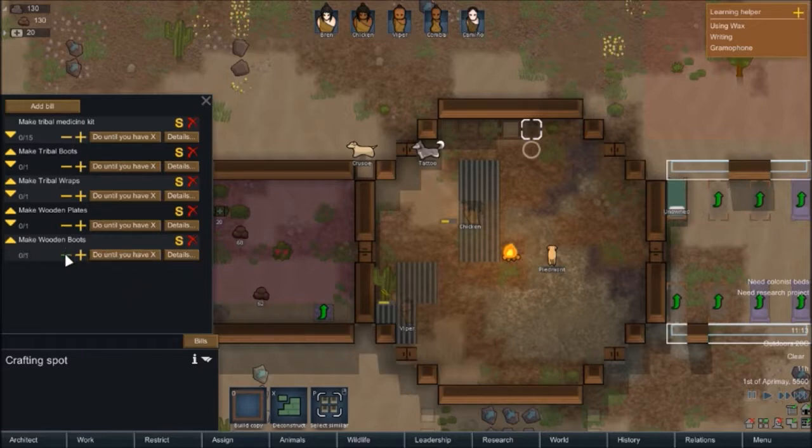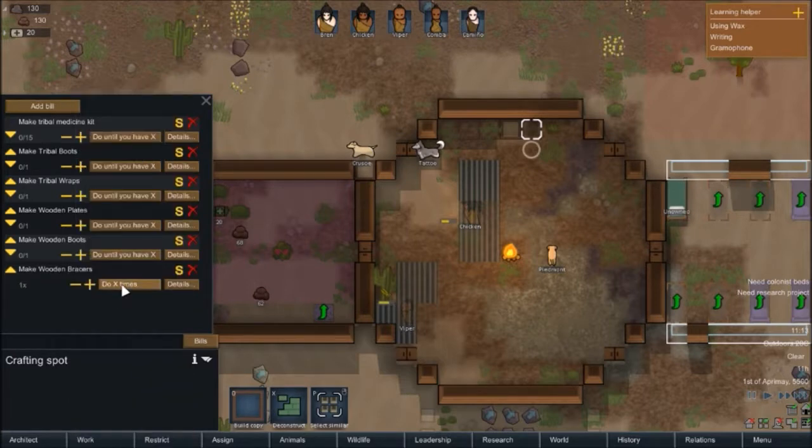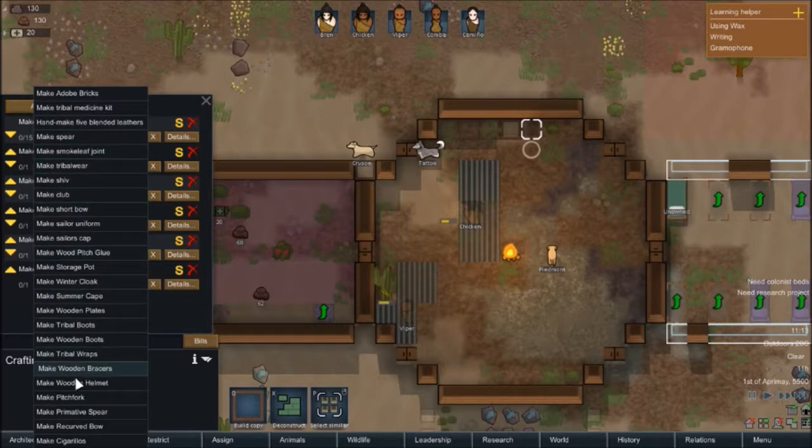So there we go. Now I have some basically second pieces of armor that my colonists can switch to whenever. Wooden bracers, yes. Do until you have, again, one. I think one of the things that